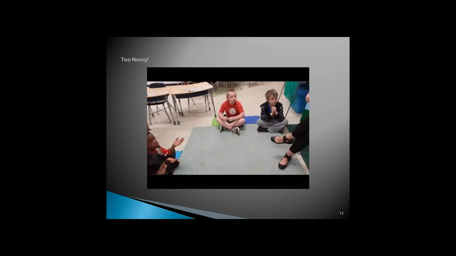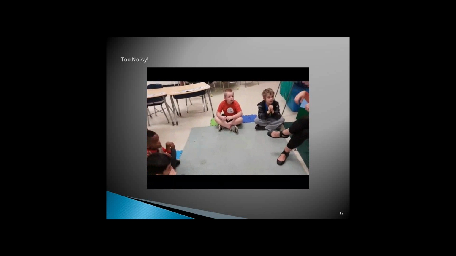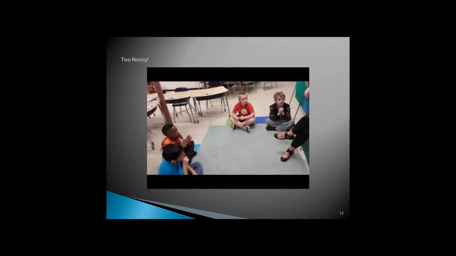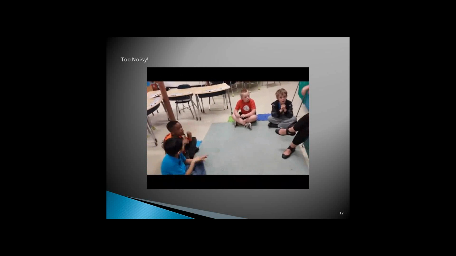And now the kinesthetic children are starting to become involved. Dogs barking, cats meowing.